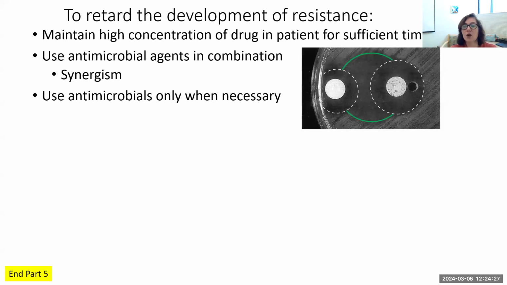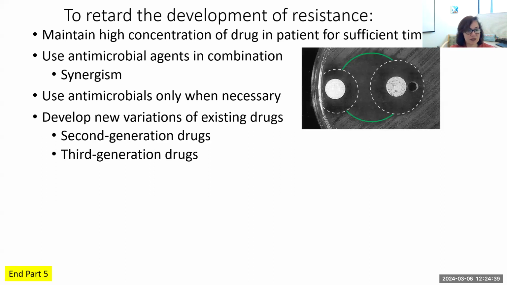So in the long run, it is beneficial for patients to have the provider not be prescribing antibiotics for everybody, so that in the community, we don't select for resistance. In other words, we don't wipe out all the sensitive bacteria and just have the really hardcore bacteria that are not going to respond to drugs. Another technique is to develop new variations of existing drugs, second generation drugs. For example, the beta lactams and the adjuvant, the thing that you would add in addition to the first drug. We're up to third generation drugs. I mean, you have fourth generation drugs, and this will go on through your entire career.